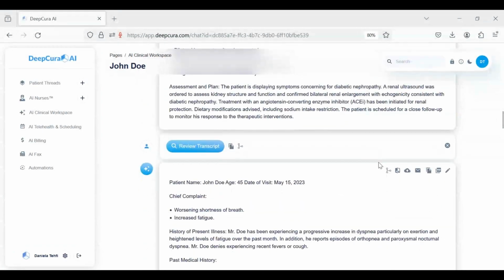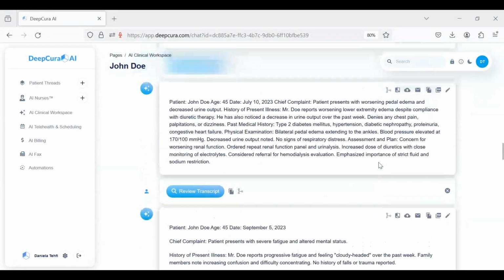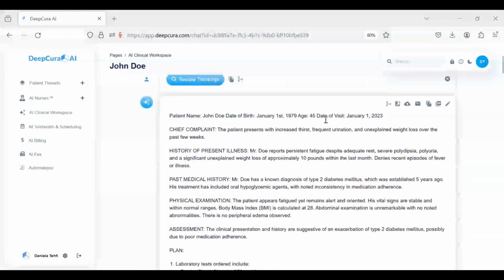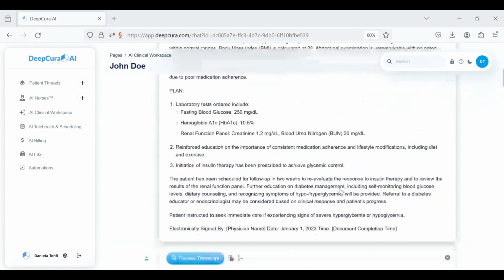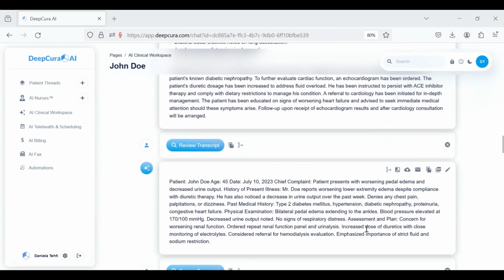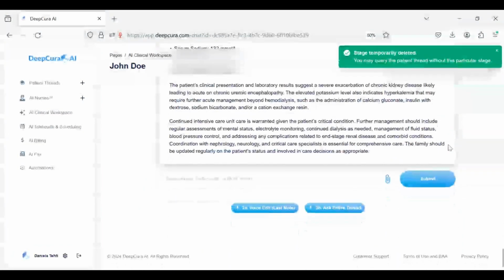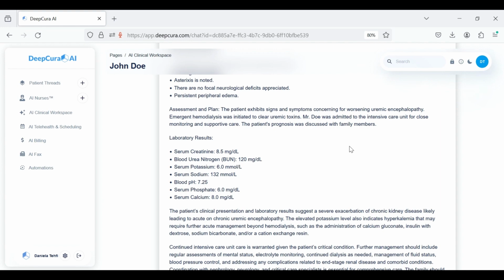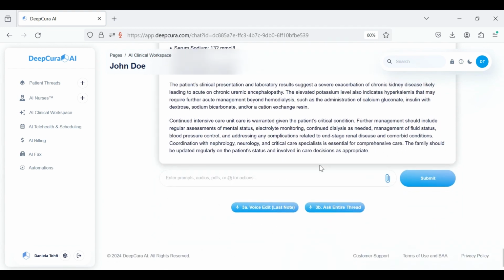So the way that you do this is first you select which notes you want to be included in this visualization, right? So if you want all of them, then you don't need to take any extra steps. But let's say maybe you don't want this note included, so you can simply click on the little X there, and that note will be temporarily deleted, not permanently. It's just so you can use only the context that you want for this visualization,